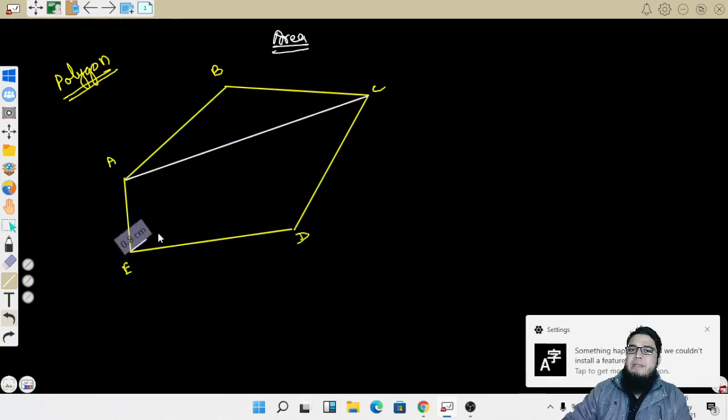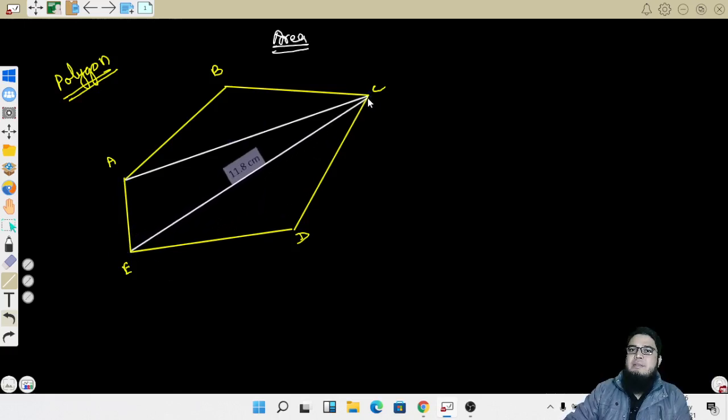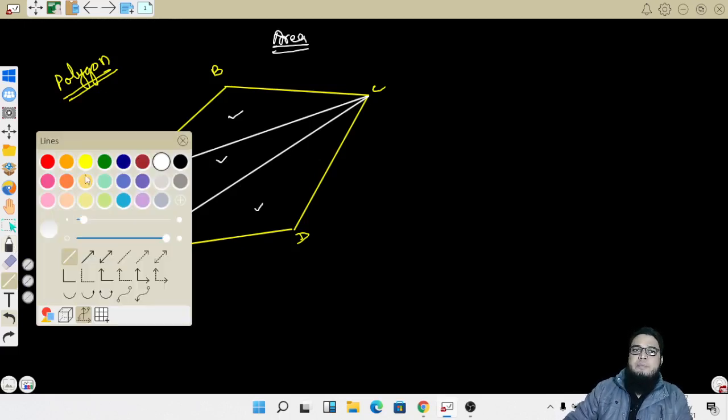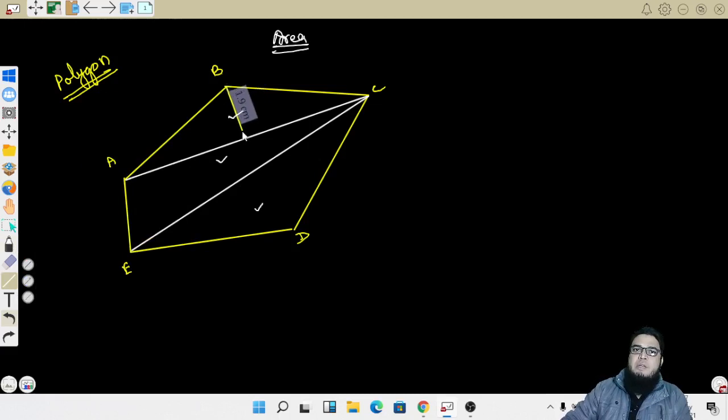Okay, and if I connect this, now what have I got? Now I have got 3 triangles: 1, 2, and 3. Okay. Now if I draw a perpendicular to this,